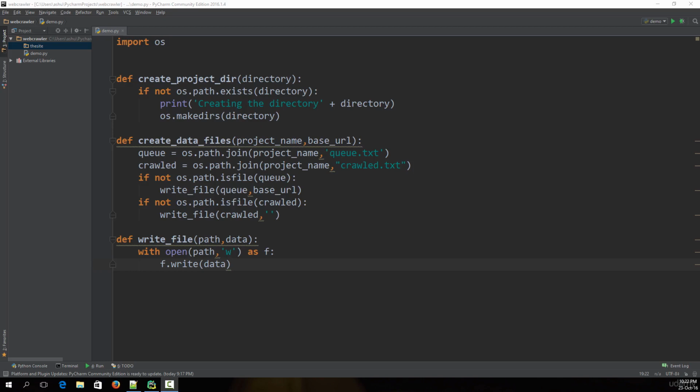Hello and welcome to this lecture, and in this lecture we are going to create two more functions, which are going to be the most important and useful functions: the append to file function and the delete file function. So as I earlier mentioned, we actually need to create two files,